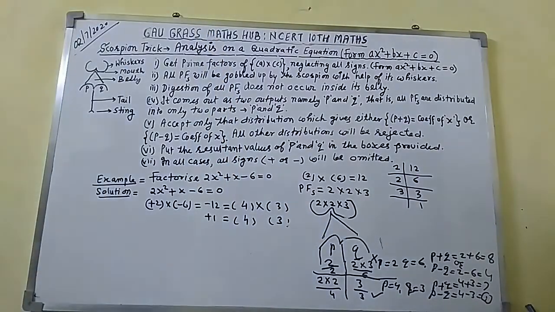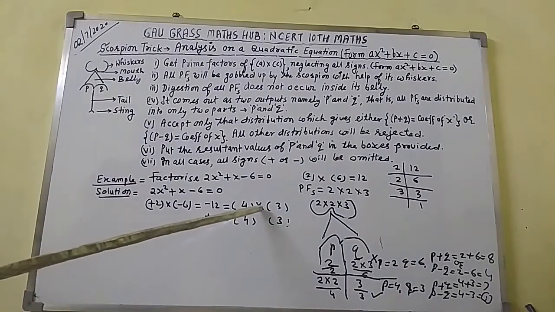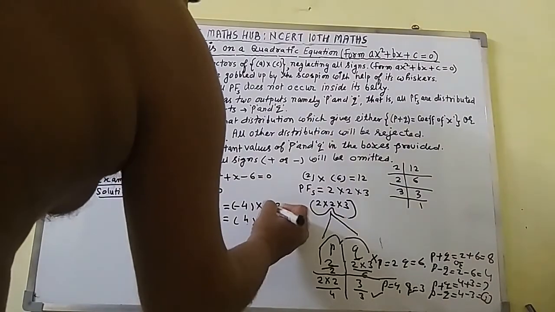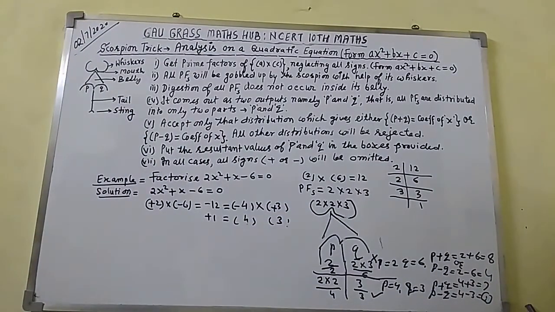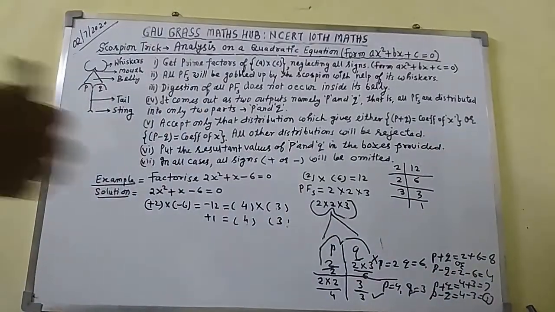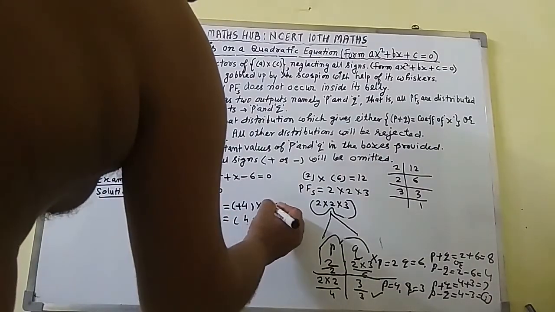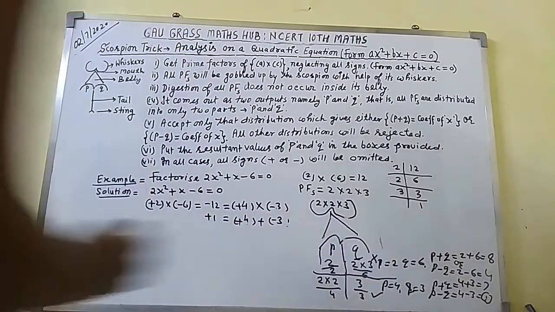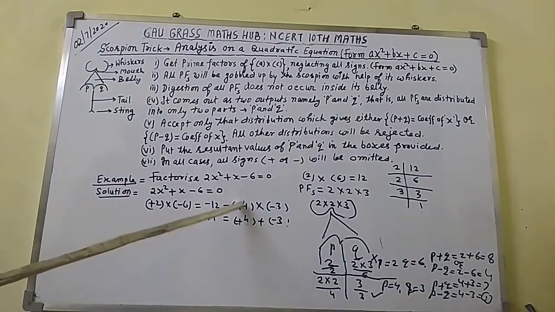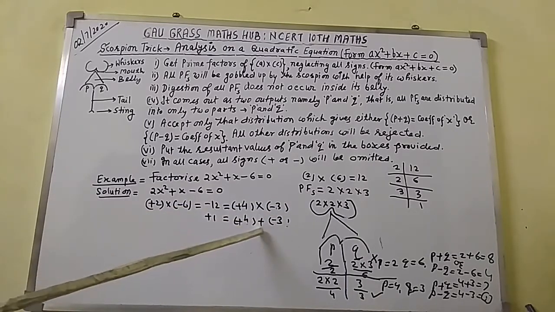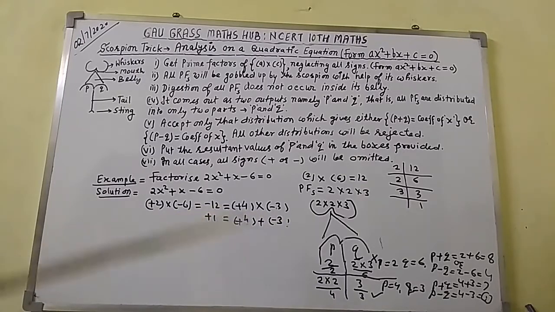Here the minus sign is fixed. Here the multiplication sign is fixed. What will we do next? If you put minus here and plus here, the condition is not satisfied. So this will be erased. Here put plus, here put minus, here put plus, here put minus, here plus sign. Now satisfying the condition, plus 4 multiplied by minus 3 comes out to minus 12. Plus 4 added to minus 3 comes out to plus 1.